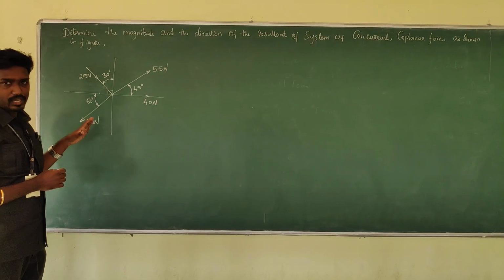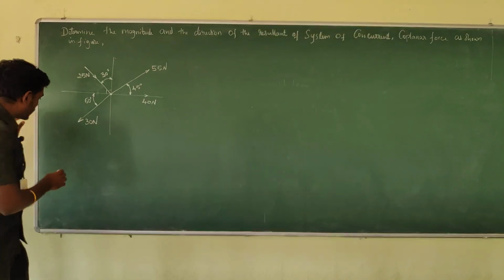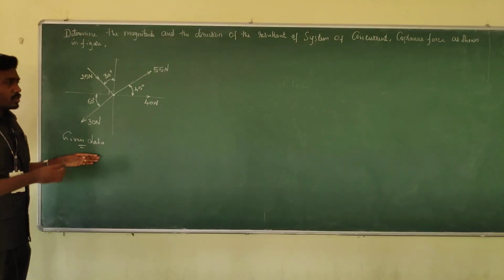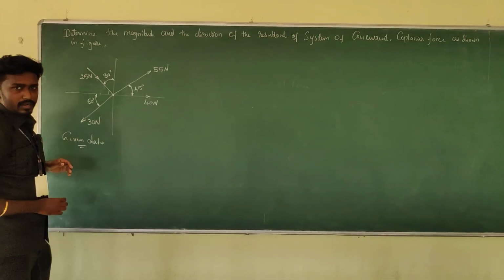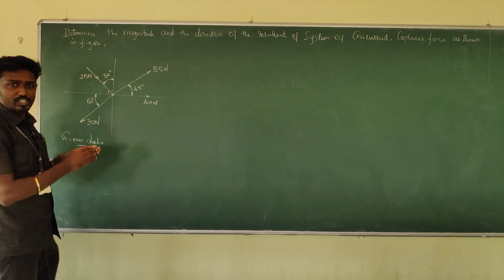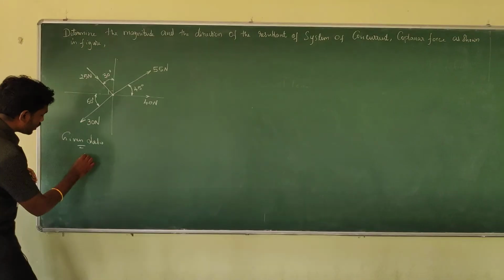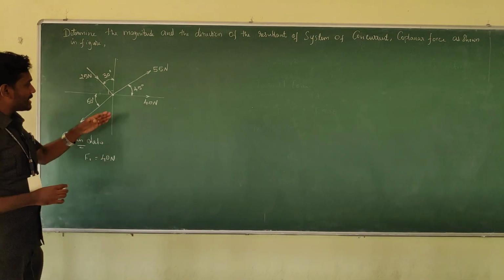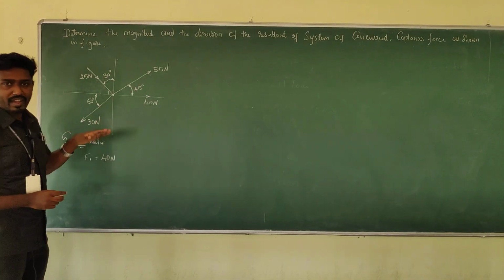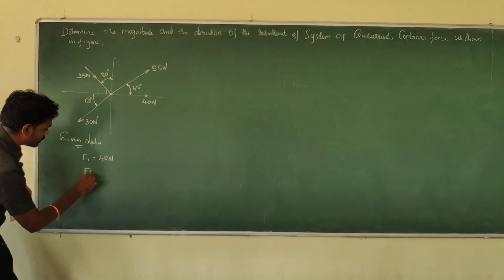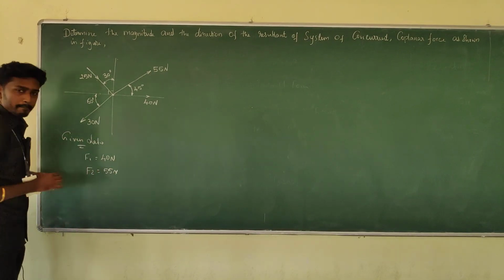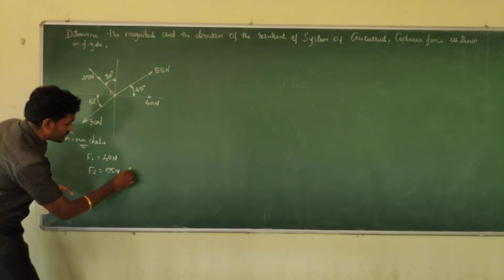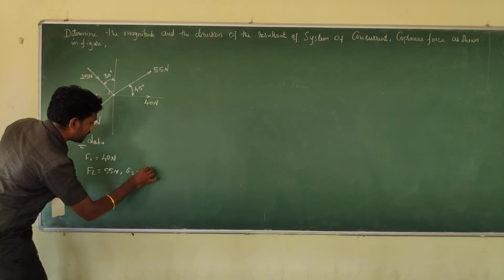Okay, some forces are acting, and all the forces are concurrent. So just try to take the given data. Start from the first quadrant. Here is a 40 Newton force which is going in the horizontal manner. Am I right? So I'm going to take this as F1, which is 40 Newton. Then in the first quadrant there is a 55 Newton force. I'm going to take this as F2, which is 55 Newton, and it is inclined at how much? 45 degree. So I can take this as theta 2, which is 45 degree.